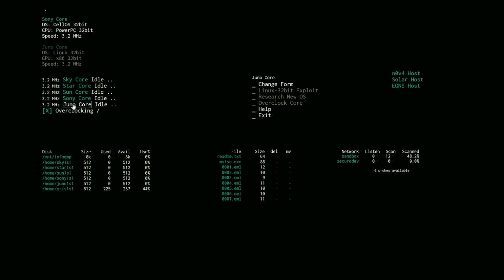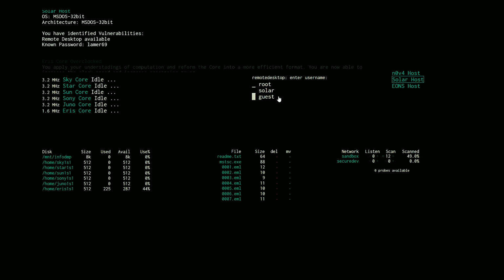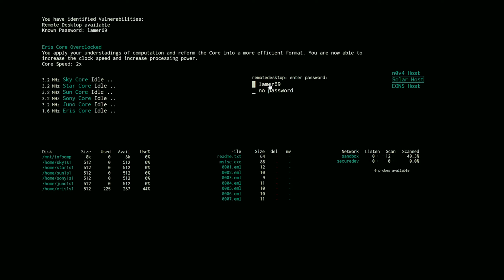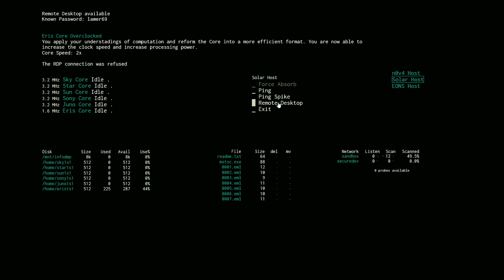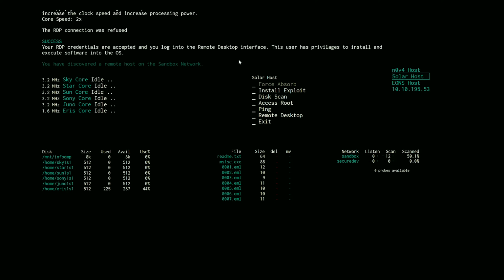There's nothing really for me to hack at the moment. Let's go to Solar Host. Right, we can do RDP with this now, so let us do root, Lamer69, that's not working. Let's try Solar, Lamer69. Okay, we've now logged into the interface, which means we can put our exploit on here now, which is...